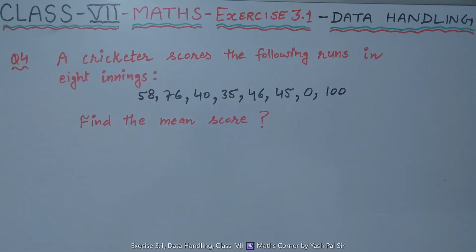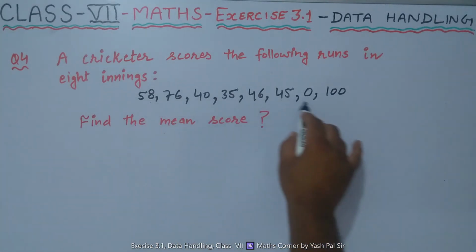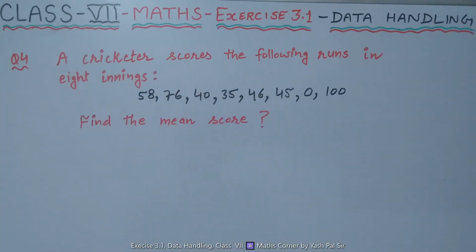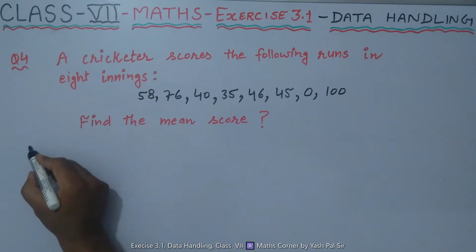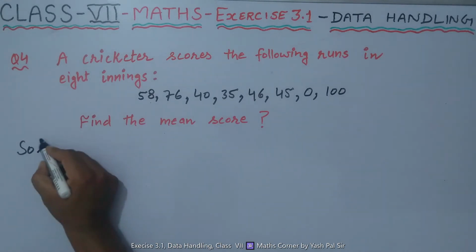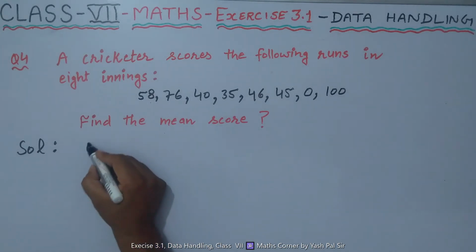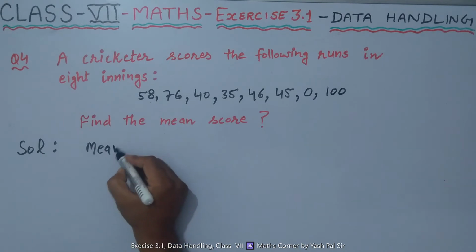A cricketer scores the following runs in 8 innings. So these are the scores of a cricketer in 8 innings. Find the mean score. So how to find the mean score? Mean score